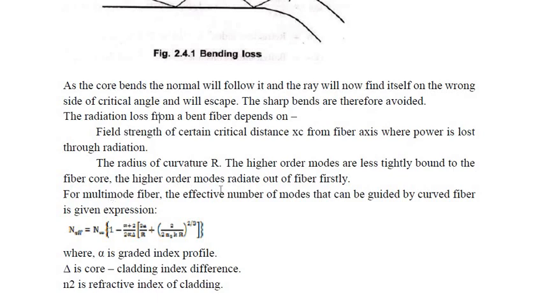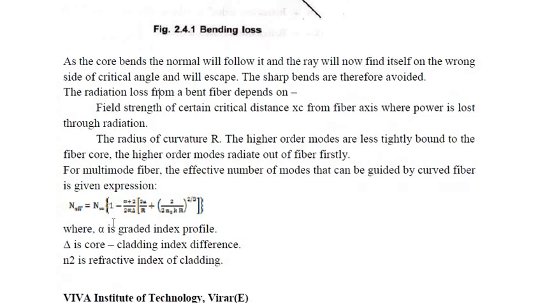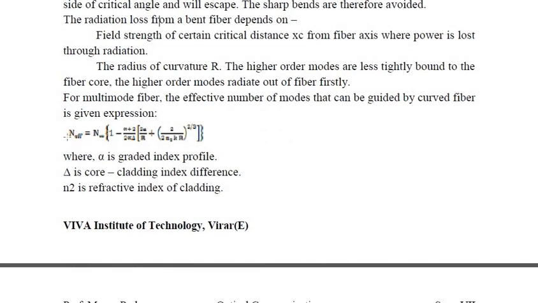The higher order modes radiate out of the fiber first. For multimode fiber, the effective number of modes that can be guided by a curved fiber is given by the expression